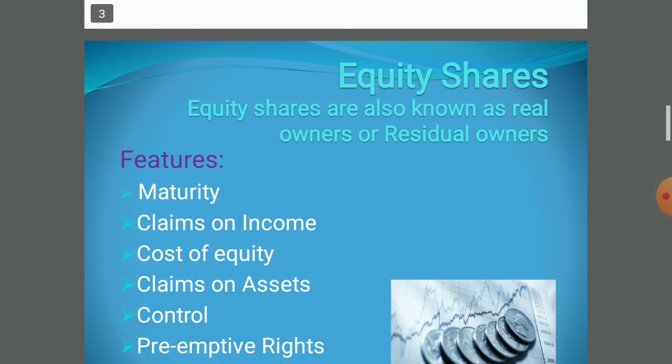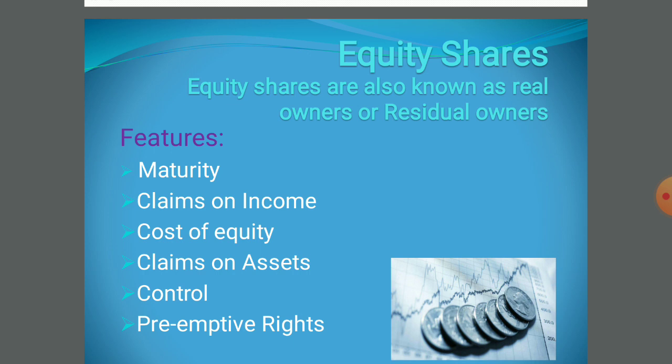Under owned funds we have equity shares and preference shares. Before moving to equity shares, let's try to understand what a share is. The amount invested in a business is known as capital, and when this capital is divided into smaller equal parts, a single part is known as a share, which has the same value as the other parts of capital. It is the smallest part of capital with an equal value. Shares are of two types, equity shares and preference shares.